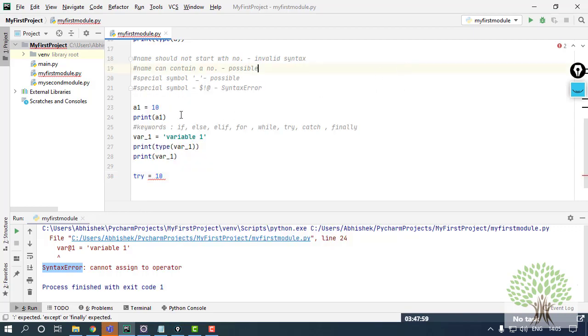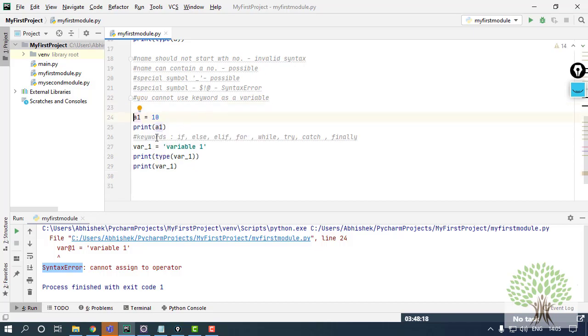So this is a rule that you cannot use a keyword as a variable. Okay. Now these are the rules of defining a variable. You need to be very strict about these rules because you won't like to get an unnecessary error while working, right?